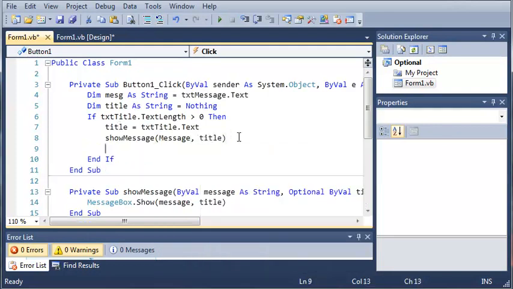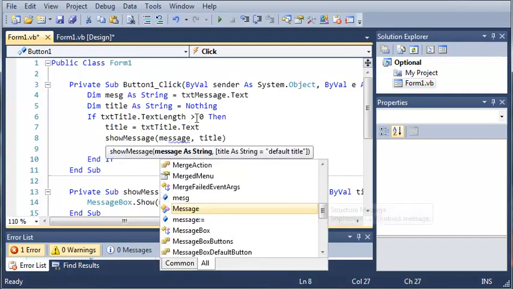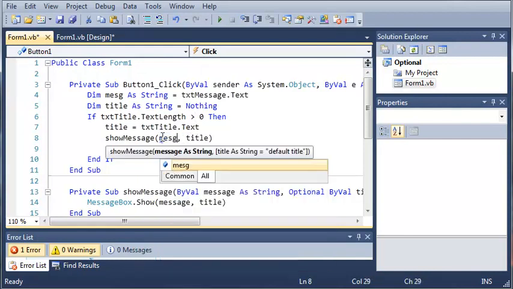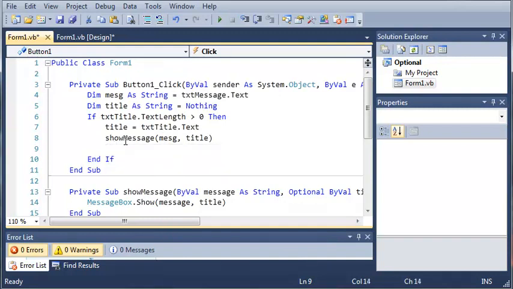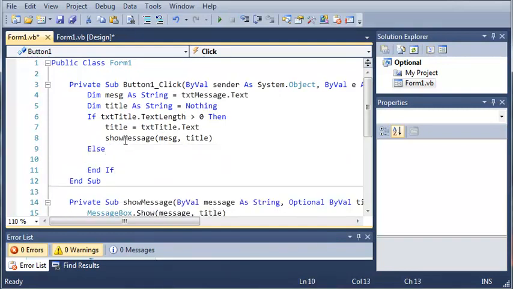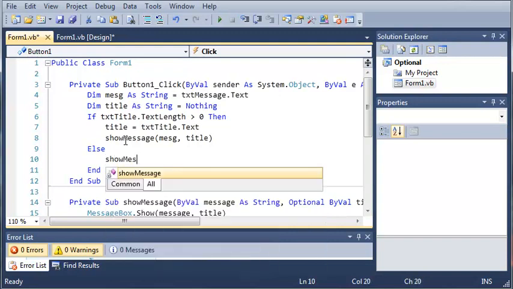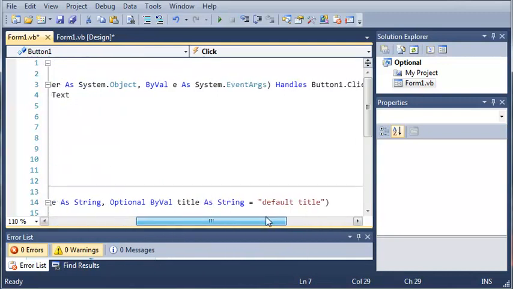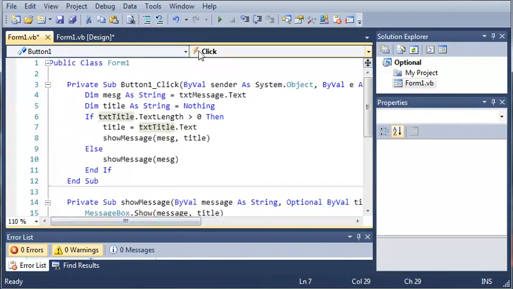Now what if they didn't type anything into the text title? To handle this, we're just going to add an else. So we'll just type else right here. So if text title dot text length is equal to 0 or less than 0, which it cannot be less than 0. It's either 0 or something greater than that. So if it is equal to 0, then we'll just go ahead and show message, and then we'll pass message to it and no title, and it will set the title to default title. So let's go ahead and run this,